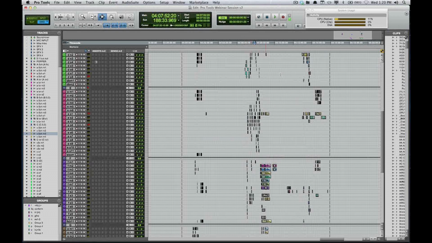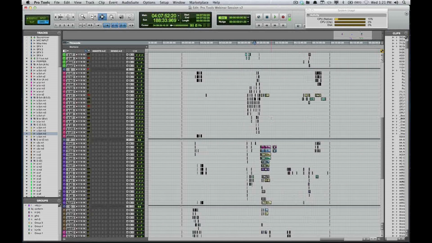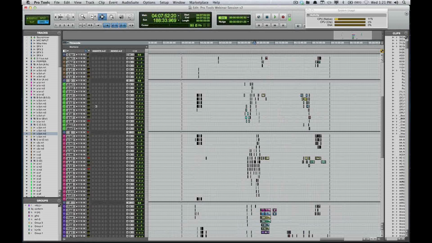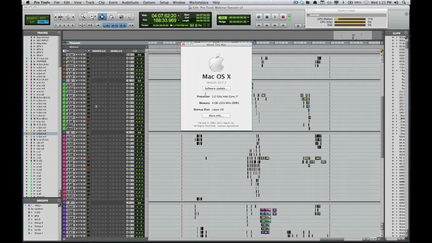But I can play the session back. I maintain my 10%, 11% CPU processing. Disk usage is around 1% each for these guys right here. I'm hardly using any processing power with this large session. This is all on a 17-inch iMac, and I'm only running 4 gigs of RAM. I'm using the very minimal amount of RAM just to prove a point. I use it for testing. How far can I go?